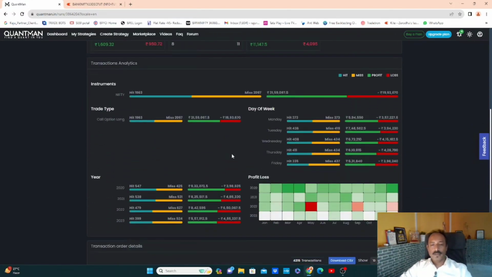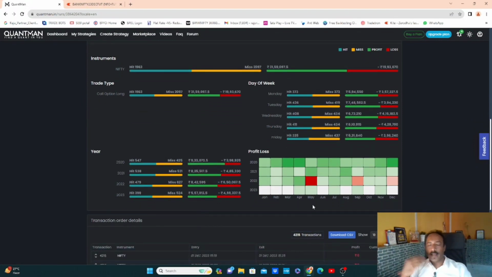If you come here, see, it gives all the statistical data, right? From Monday, how many hit rate, Tuesday, Wednesday, Thursday, Friday, and what is the risk reward on a yearly basis. For 4 lakh gross, it has made 9 lakhs profit, 4 lakh and 8 lakhs. So this is good, and in 2020 it has been performing very well. In a few months you will go under loss, because this is only a buy strategy.